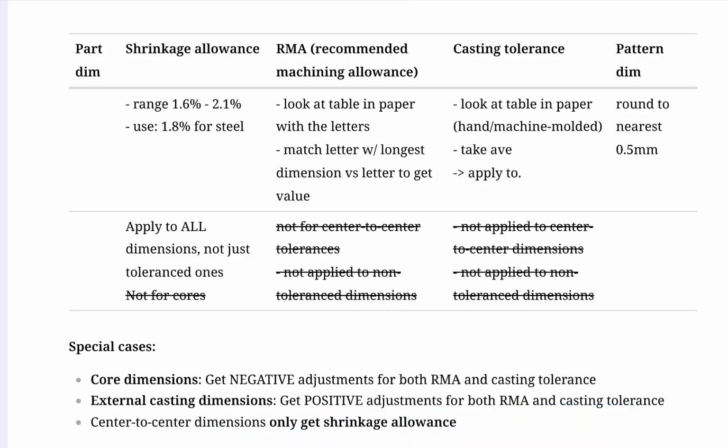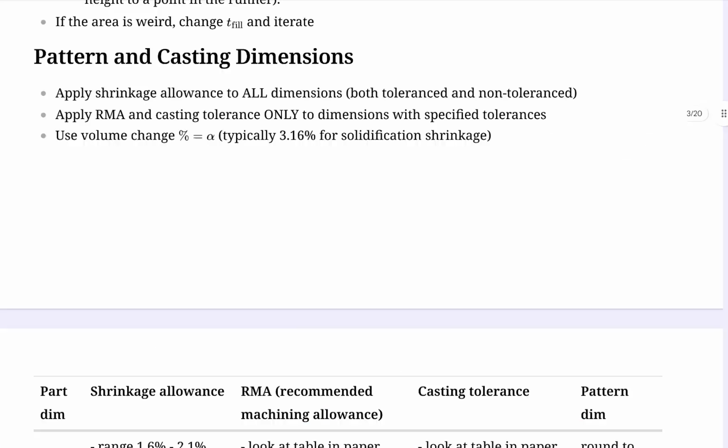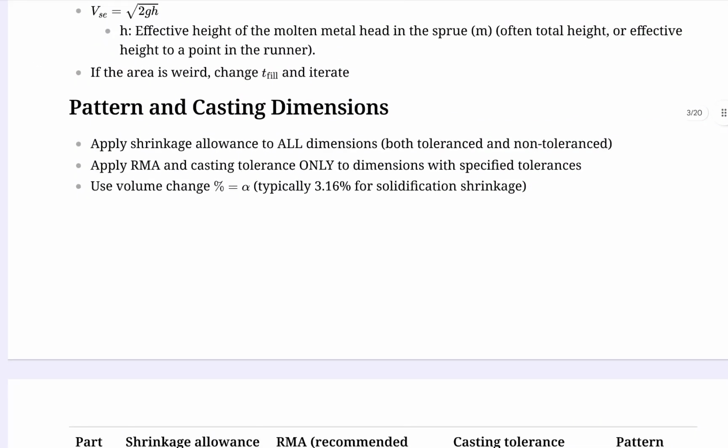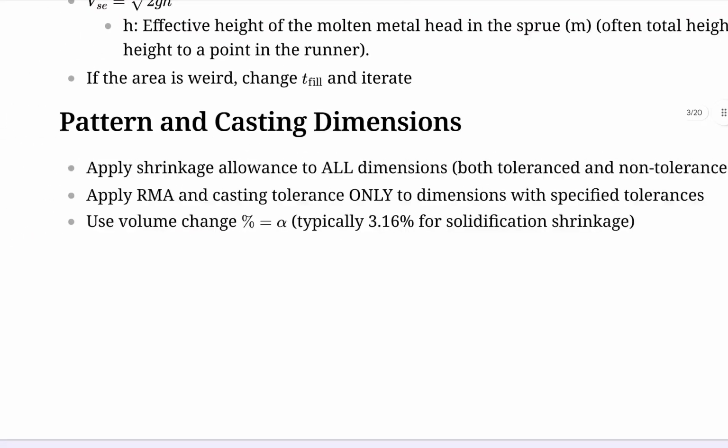Okay. Cool. Got it? Not entirely sure if this is to do with this section or not. I put it here, so maybe it is. But just volume change, the change in volume percentage is what we refer to as alpha. And this is the value that you want to remember, 3.16, okay? We remember the value 1.8